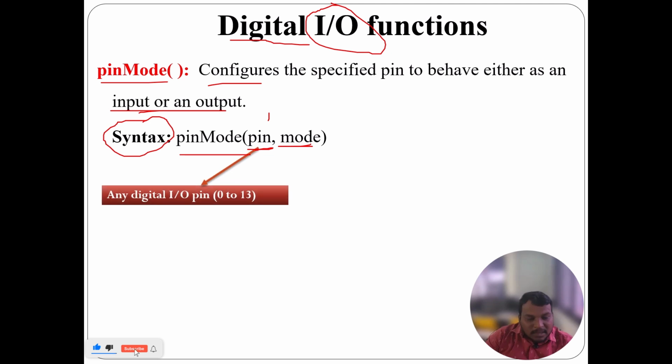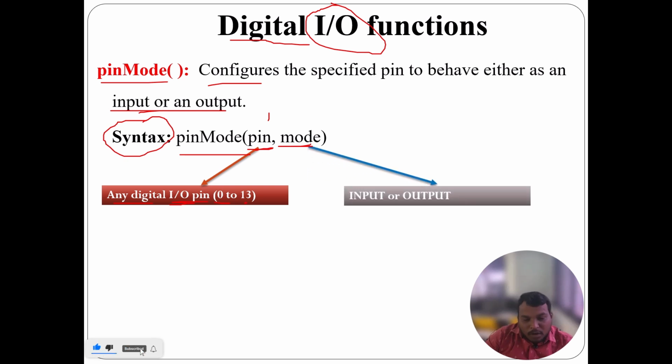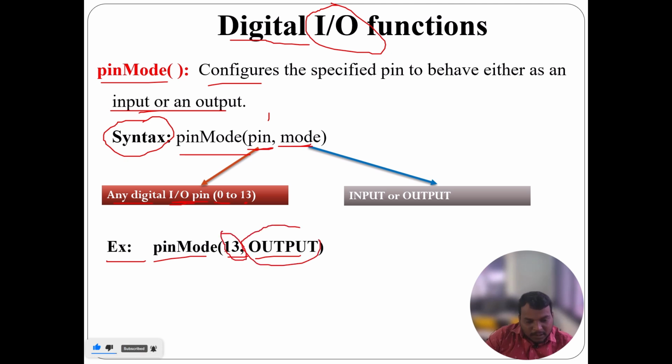We'll see what the pin number is: any digital input or output pin from 0 to 13. What is the mode? Input or output mode. For example, pinMode(13, OUTPUT), which means pin number 13 behaves as an output. We'll see another example. pinMode(10, INPUT), which means